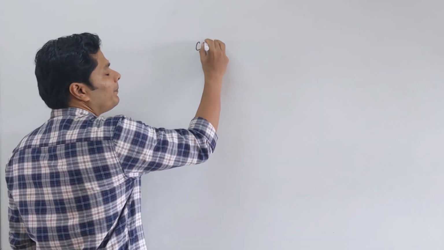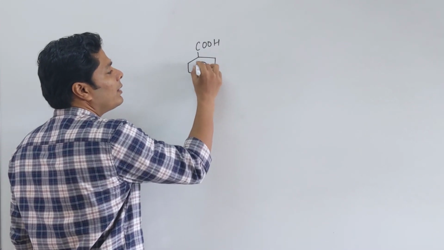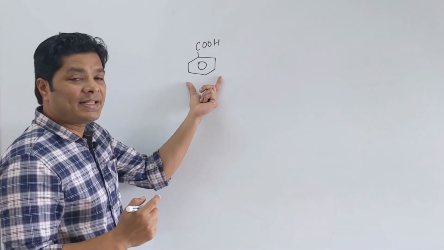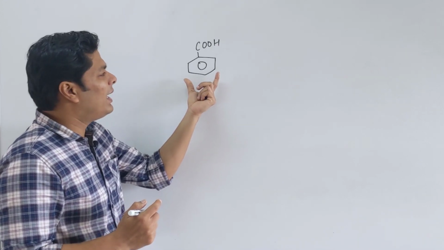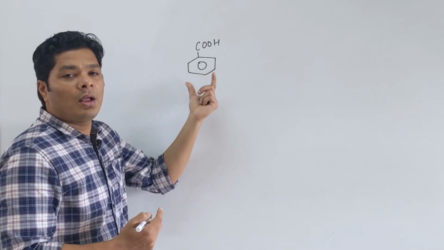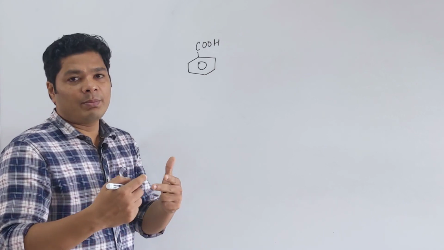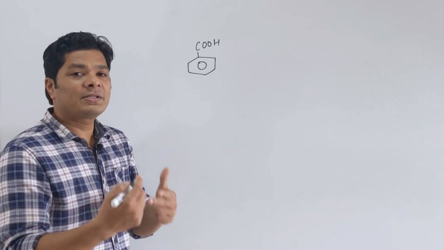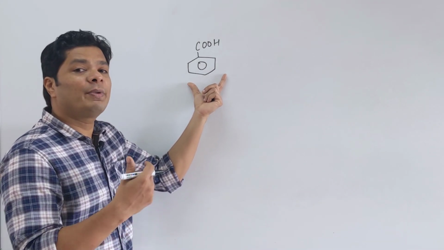The last set of reactions that are important for carboxylic acid is something we have seen before. When you have a COOH group attached to a ring, there are two types of properties. I can talk about the acidity, or I can talk about electrophilic aromatic substitution reactions. Acidity we just saw a while back. Now you want to remember that phenols are acidic. Substituted phenols with a minus R group are even more acidic. This is an acid itself, so benzoic acid is going to be much stronger.